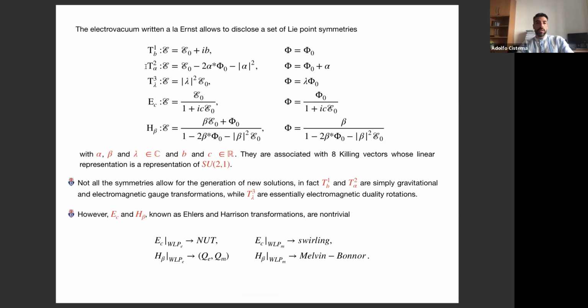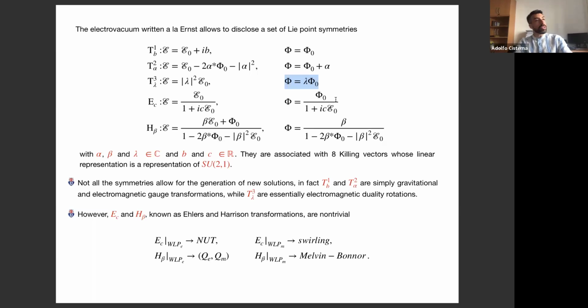Then we have this second transformation that I call T2 alpha, which is another gauge transformation, but of electromagnetic origin. So basically, I'm changing my initial gauge field configuration by a constant. Then, of course, we have a Weyl rescaling of the metric that is supplemented by a duality rotation on my gauge field. So basically, this is the electromagnetic invariance under duality rotation of electromagnetism. So something known for Maxwell in 4D.